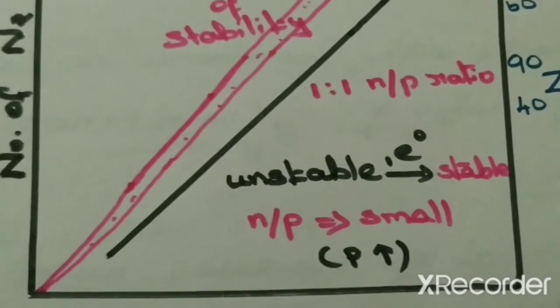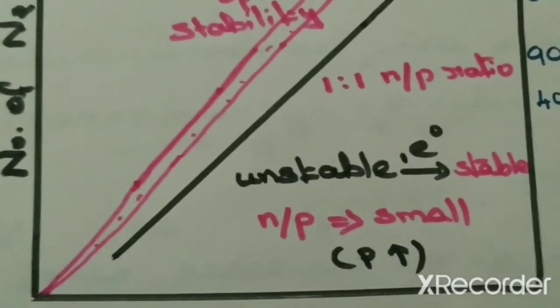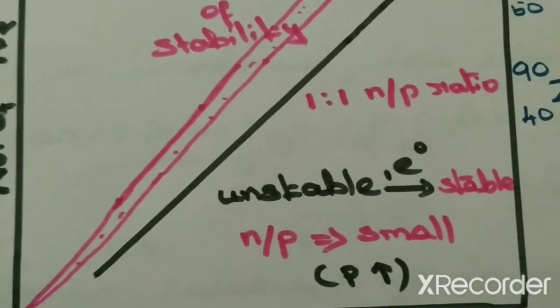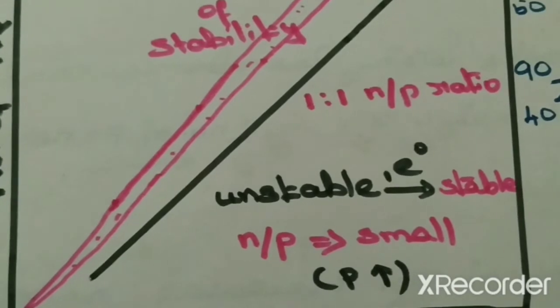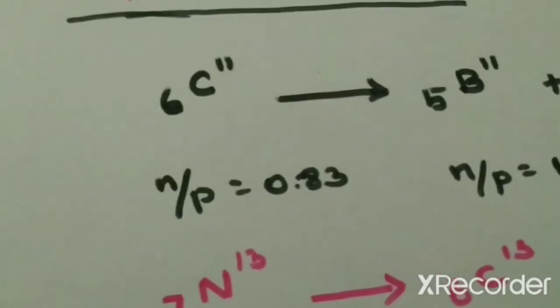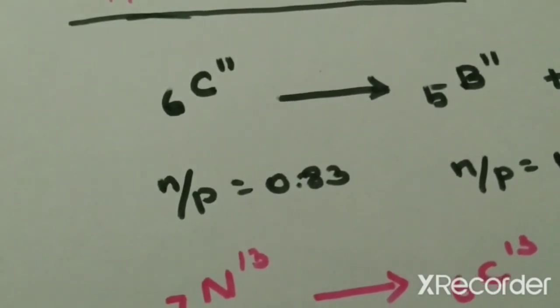If you take the second condition, that means if the elements have a greater number of protons, in that condition the NP ratio value is too small, so the big elements become unstable and emit a positron and become a stable nucleus. For example, if you take carbon 11, its NP ratio is